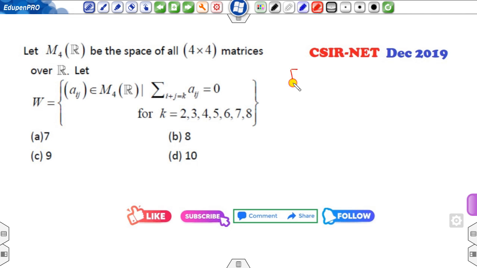Okay, M4 is the 4 cross 4 matrix such that i plus j is my 0. A11, k is equal to 2. i plus k is equal to 2. That is only A11. This value is 0. 3, 1 comma 1, 1 comma 2 and 2 comma 1. So the sum of them will be 0. If I call this number b, this is my minus b. Fine. Sum will be 4. That means 1 3, 2 2 and 3 1. So if I call this number c, this number is my d, this number I can easily find